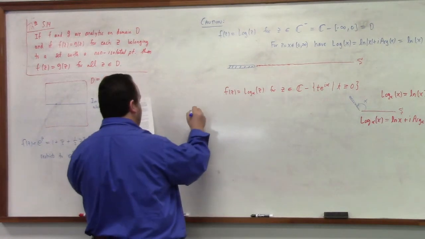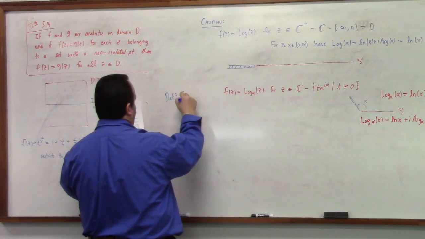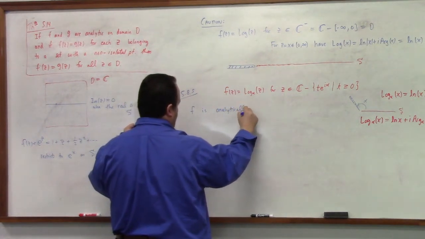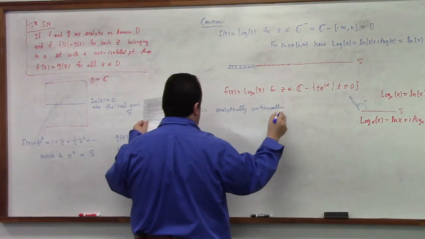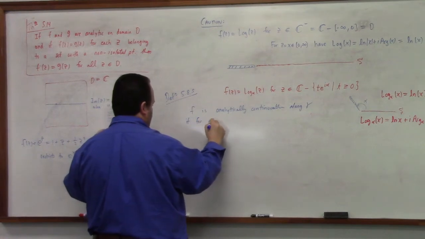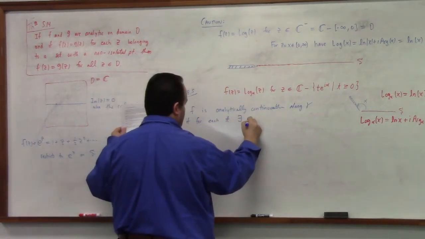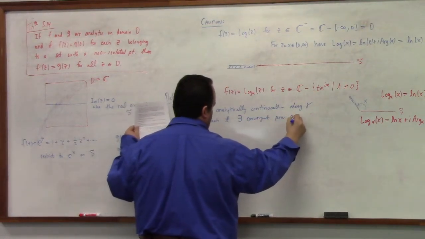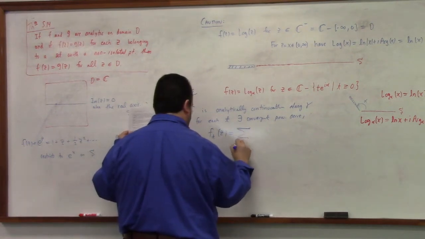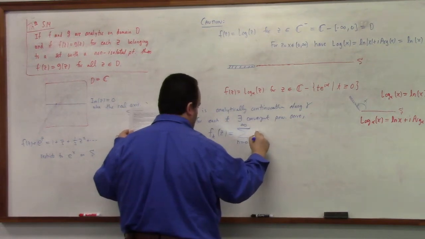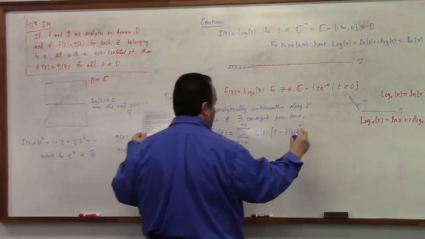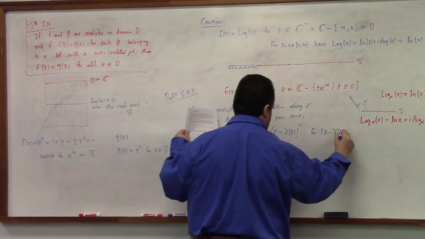We say f is analytically continuable along gamma if for each t there exists a convergent power series f sub t of z equal to the sum, n equals 0 to infinity, of a n of t times z minus gamma of t to the n power, for modulus of z minus gamma t less than r of t,